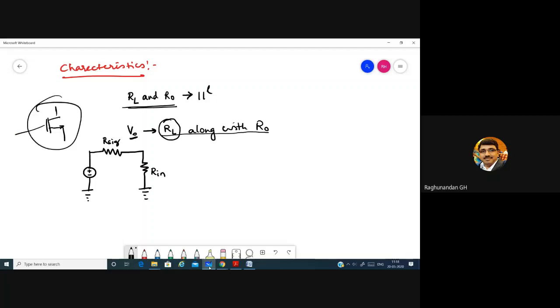Whatever the MOSFET circuit we have, this is the equivalent circuit. Whatever MOSFET is going to do, the same thing this equivalent circuit is going to do. And in the same way, we'll have a dependent source,